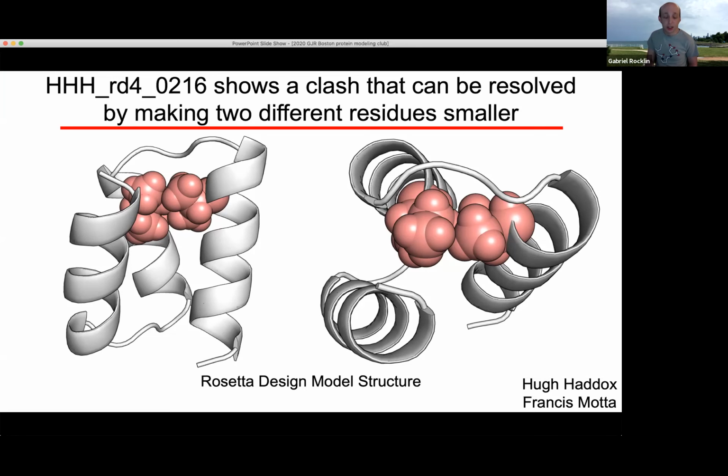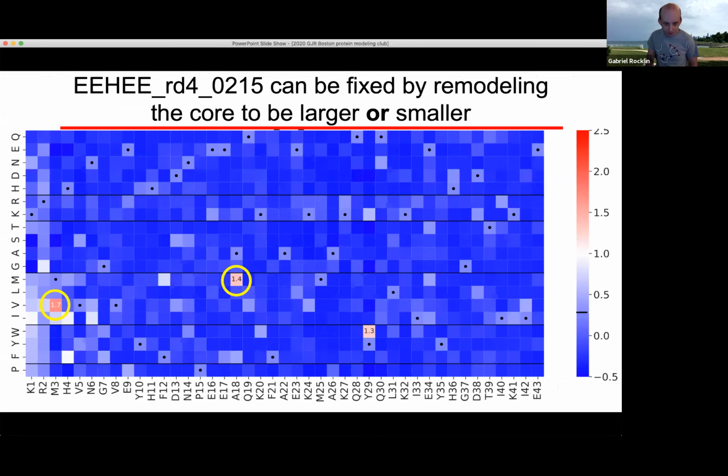I should say we looked at 20 different of these proteins. I'll show one more example. So this is a... Can I just ask a question there? Because I know from some of the other functional studies, we often see that we actually go the other way during the directed evolution from smaller to bigger. So what is it that we are somehow missing in the energy function, if you were going to speculate a